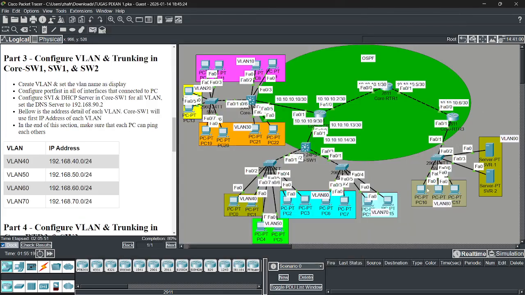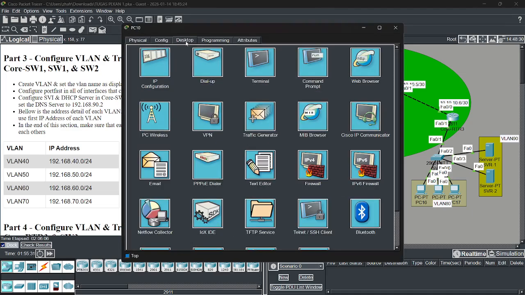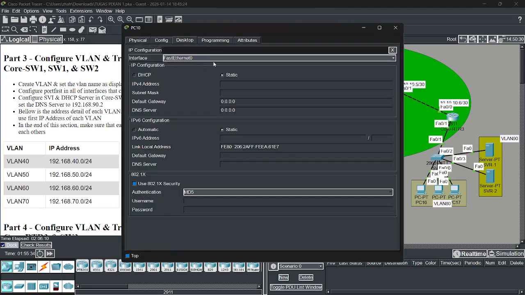Okay, we test the IP on VLAN 10, 20 and 30 because we added the DHCP. We must be able to get the IP dynamically.